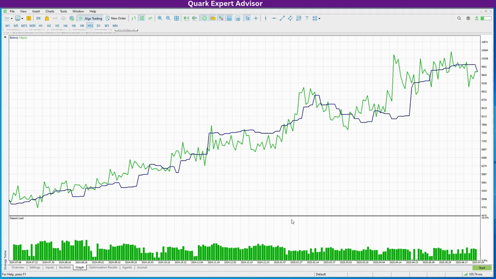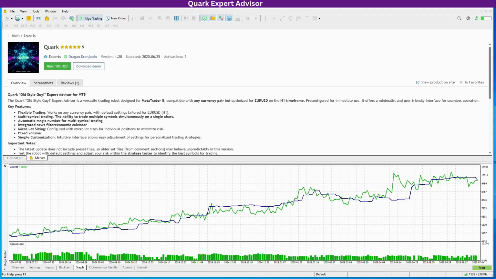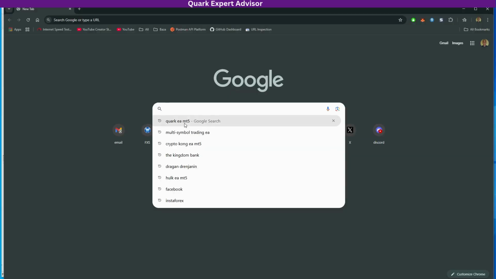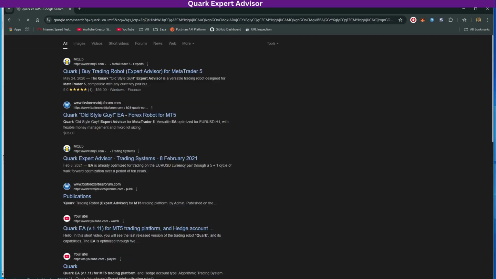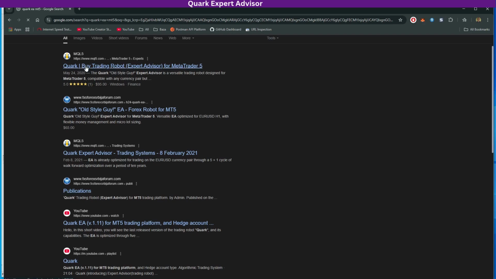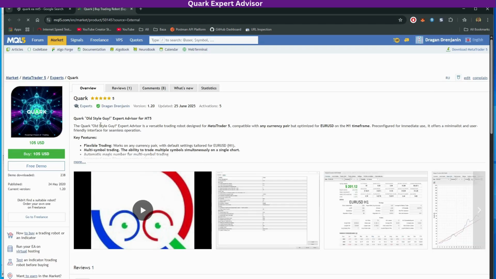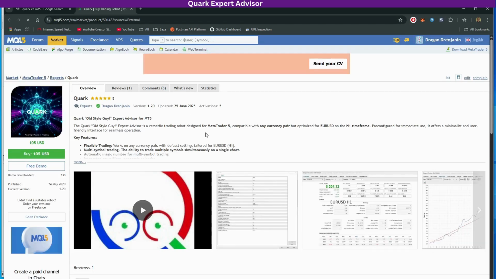So excellent result. As a next step, I will show you how to find it using a search engine. Type the name Quark EA MT5. So basically, you will see the list here, Quark, and so on, publication. This is my website and so on. So let's go to this page on the MQL5. This is some old video. Basically, you can download from this website as well. But try this robot, test this robot, and if you are satisfied, you can buy for $100 a 5 license